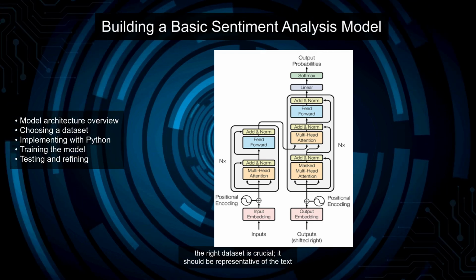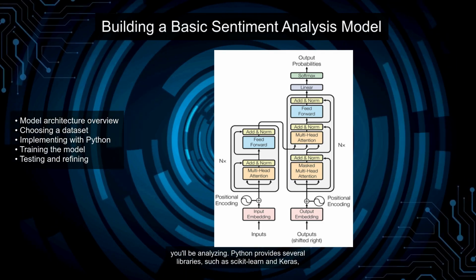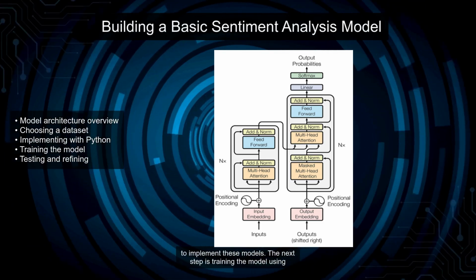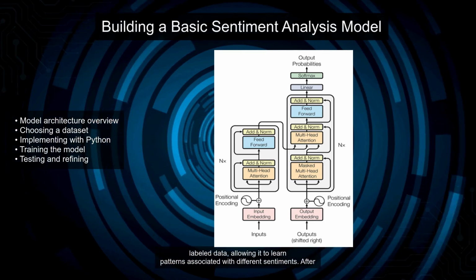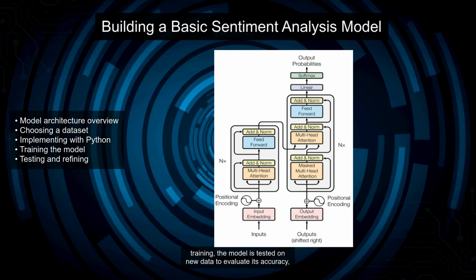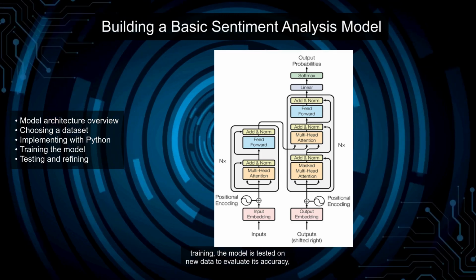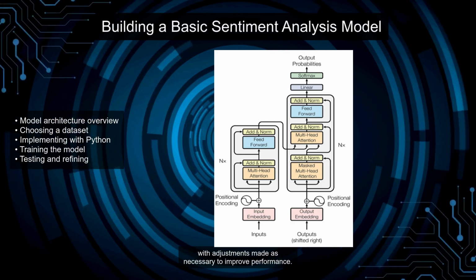Choosing the right dataset is crucial. It should be representative of the text you'll be analyzing. Python provides several libraries, such as scikit-learn and keras, to implement these models. The next step is training the model using labeled data, allowing you to learn patterns associated with different sentiments. After training, the model is tested on new data to evaluate its accuracy, with adjustments made as necessary to improve